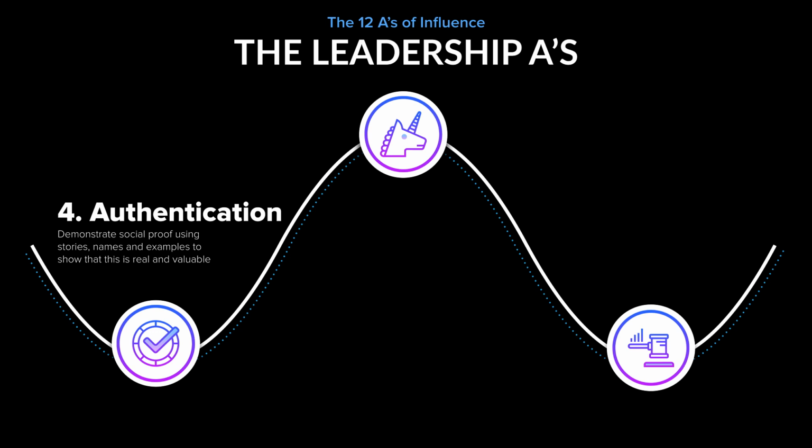The next leadership A of influence is the A of affiliation. Affiliation is the capacity to create a comparison to a thought leader or a brand or some type of organization, even a location that has a certain association to it. What do I mean by that? Well, we run our business out of San Francisco, and there's a certain affiliation that people have when they think about San Francisco. They think innovation, they think fast-growing businesses, they think success.